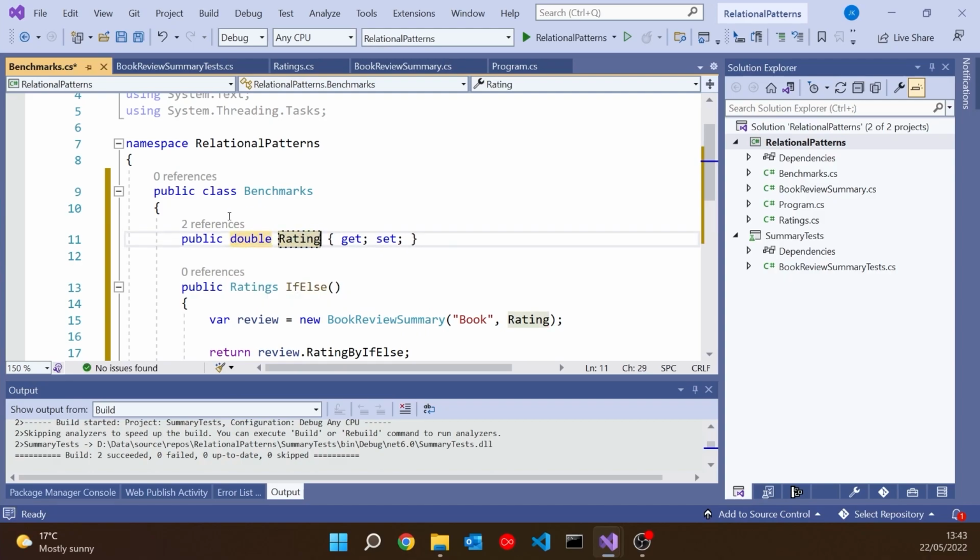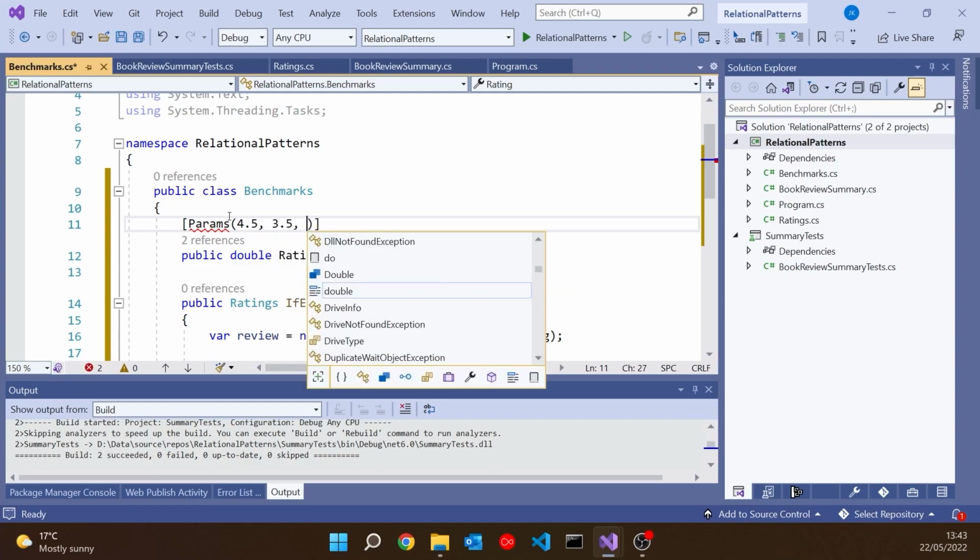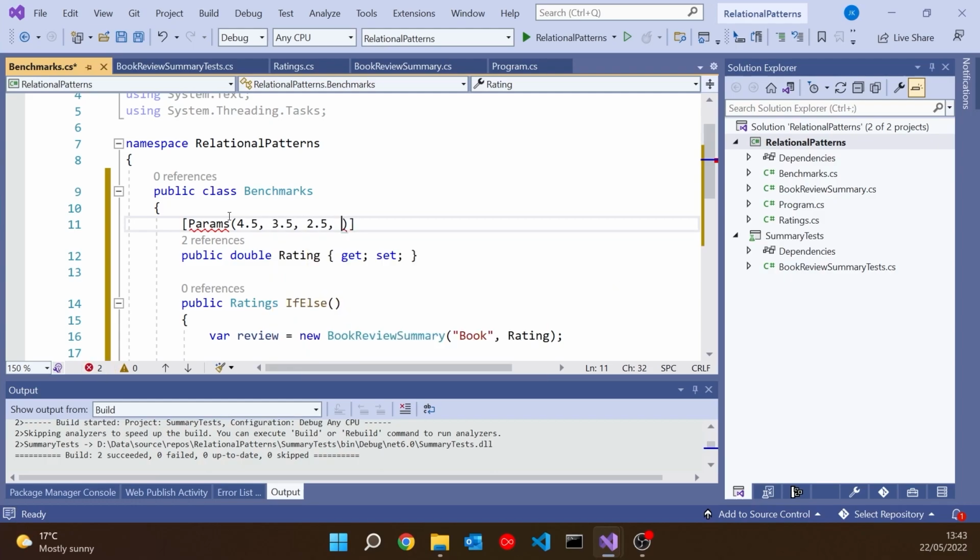And then if you remember what we did in the benchmarking video, I can put params on here. And then let's test that for ratings of 4.5, 3.5, 2.5, and 1.5. So remember, we're saying that the theory is it'll have different performance depending on whether it matches early or late. So those values will help with that.